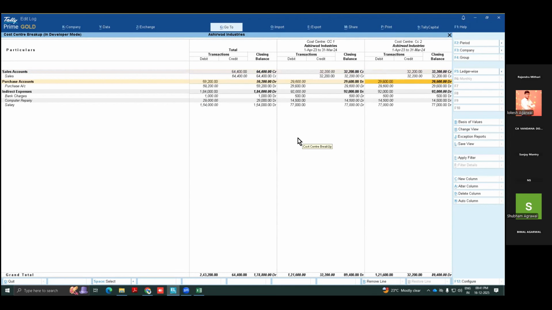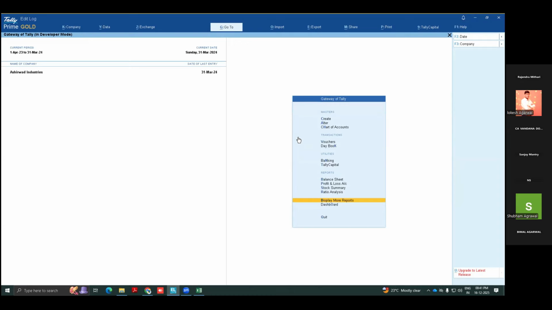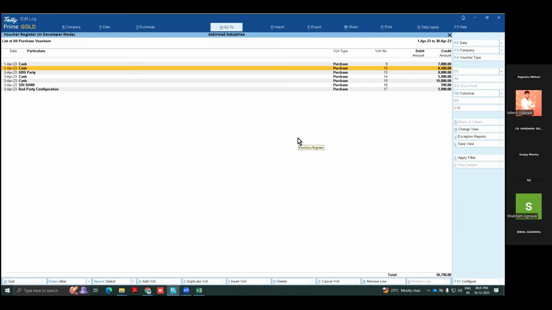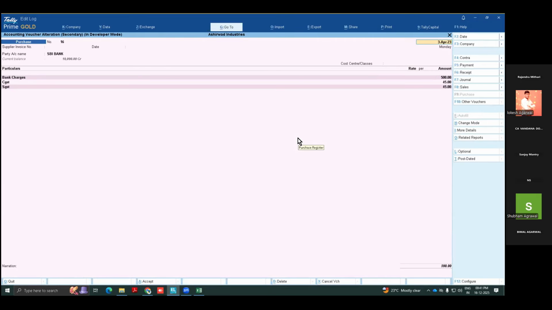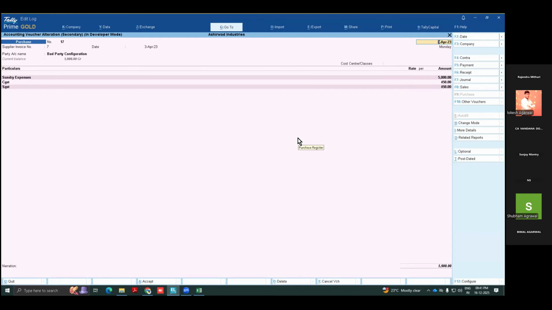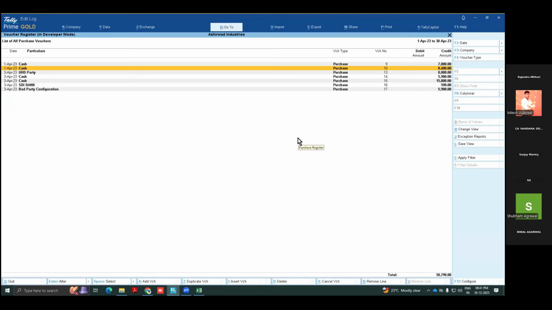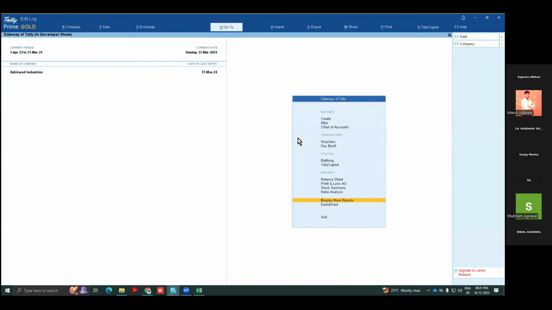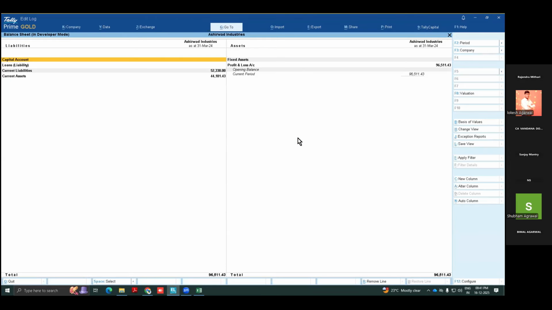So what happens? Suppose we are in the condition that we have multiple costs. And see, this is demo data. I have not entered all the vouchers. See here, there are few entries, so it may be possible that one entry is there, two entries may be there, three entries may be there. So it is not purposefully entered. This is the data. I just want to show you how you can segregate segments and how you are going to say to the CA or to the client both ways that AS is followed or data is available. So balance sheet also you can segregate.